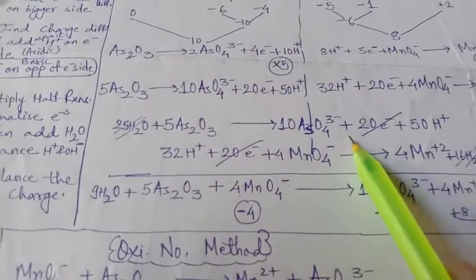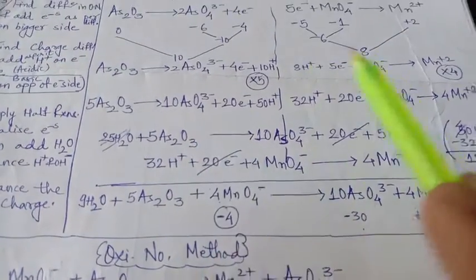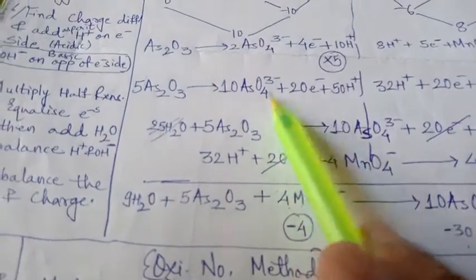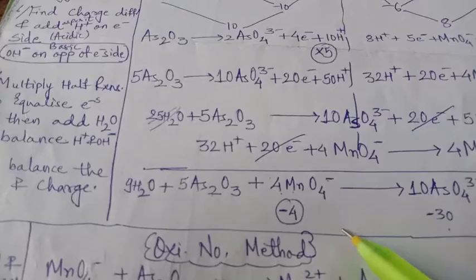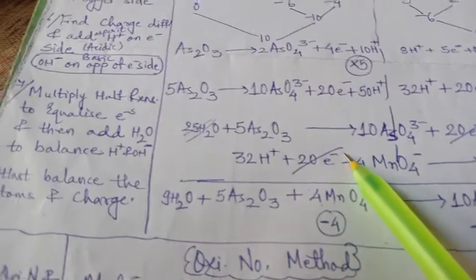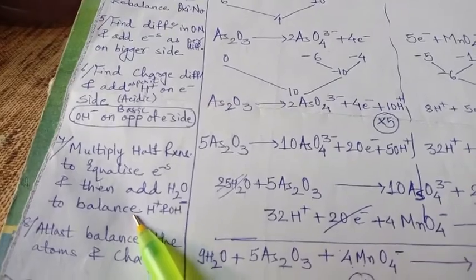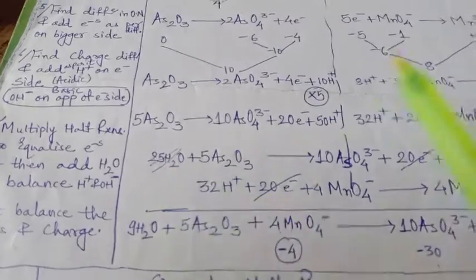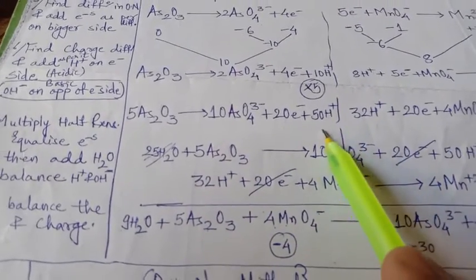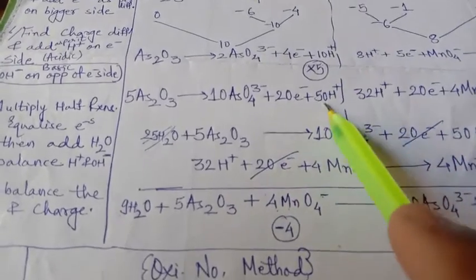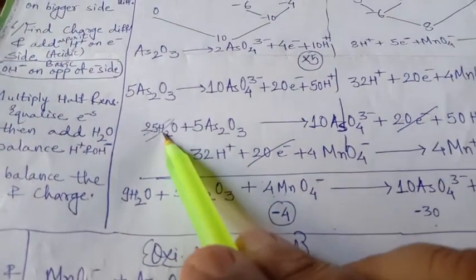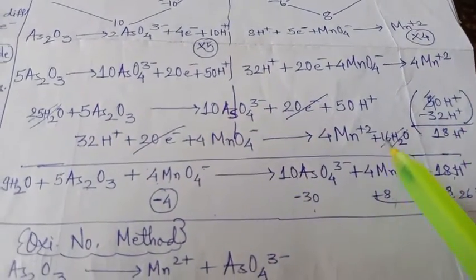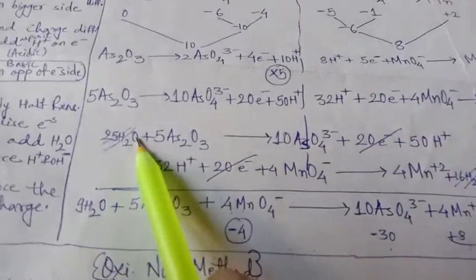Let us write the redox reaction, oxidation and reduction. So first of all, copy the whole oxidation. Now afterwards you can add H2O for the balance of hydrogen and oxygen, here also you can add H2O. So how to add H2O? To equalize the reaction, we will have to add H2O to balance hydrogen. So here you see we have 50H plus on this side, so I will add 25H2O because 25 2s are 50H. In the same way here 32H is there, so I will add here 16. 16 2s are 32. So 16H2O here, 25H2O.